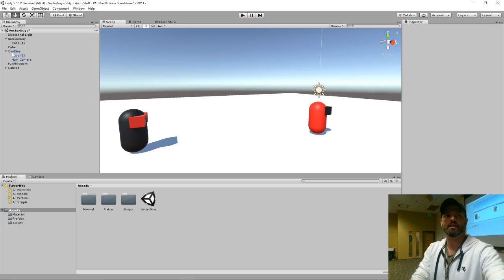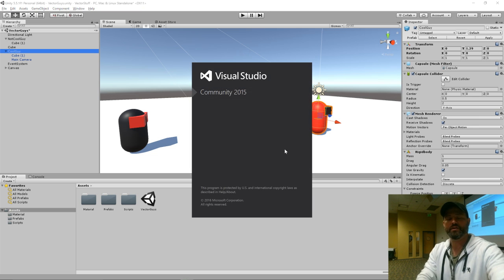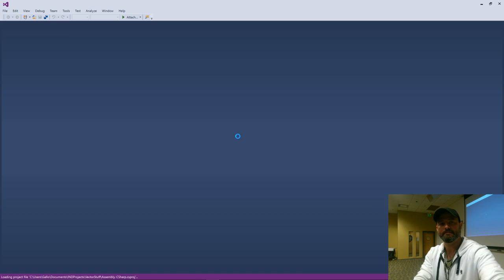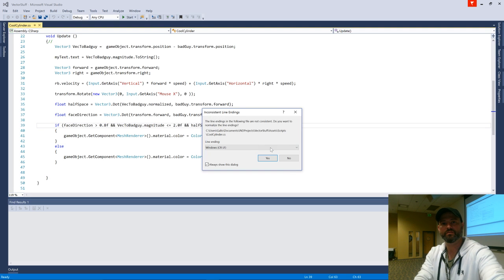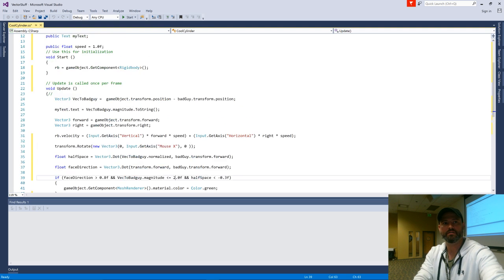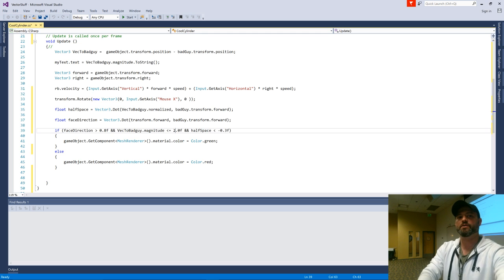And if we look at the script for this, we could see that it wasn't that much code, and we made a vector 3. This made the vector to the bad guy. This text was for putting the distance up. This vector 3 was my forward vector. Remember that